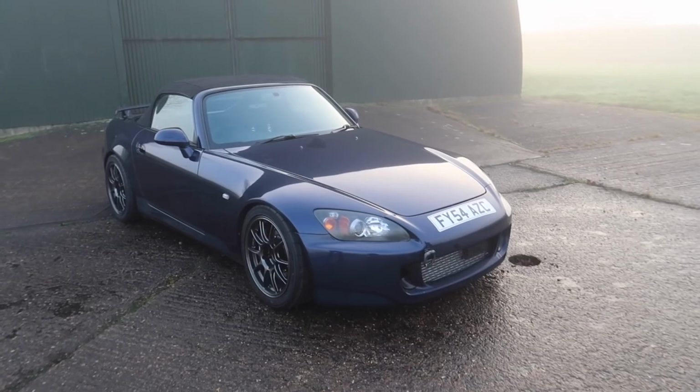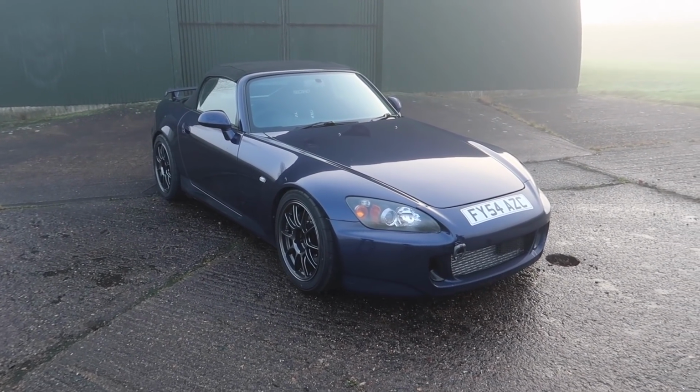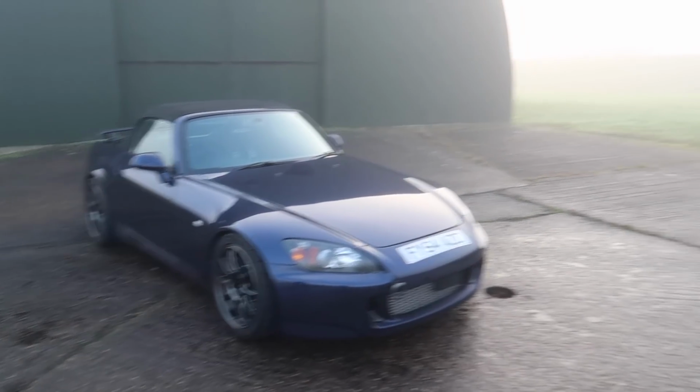Let's go into some detail about it, and we'll use today as a real spec check. We'll get some rolling shots of it, but there's not a whole lot we can do in terms of putting the power down. But we've arranged today, so let's make the most of it, shall we? Let's tell the story. You got this car...